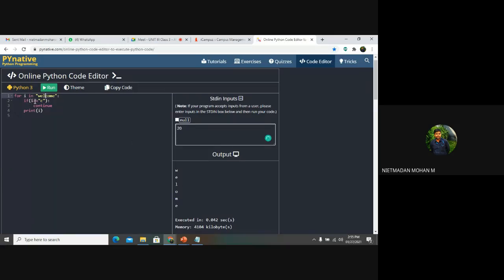And coming to the fourth character, C is equal to C, the condition will be true, and it will go to the continue part. Continue, in the sense, it will go to the continue statement and produce the result, right? After that, O, M and E, it will print all of these O, M and E, because these three characters are not equal to C. So it has printed the O, M and E.